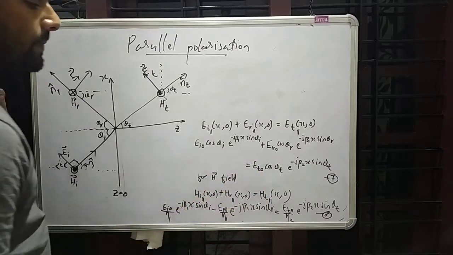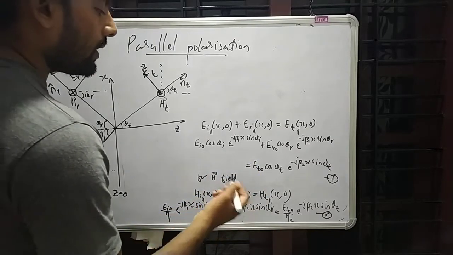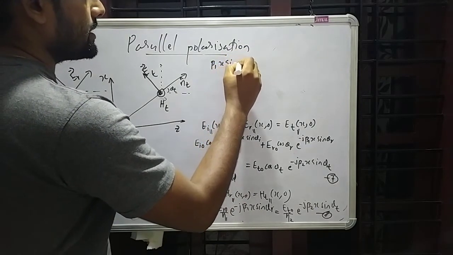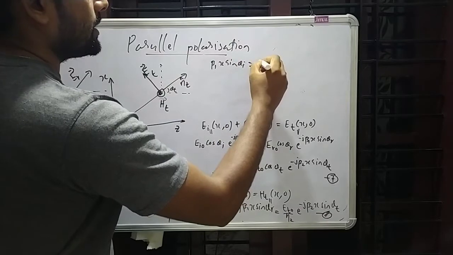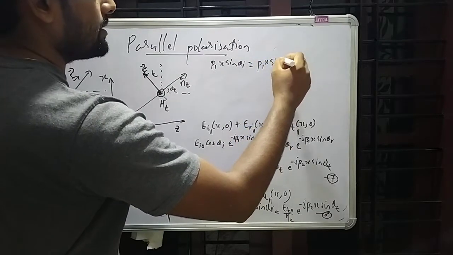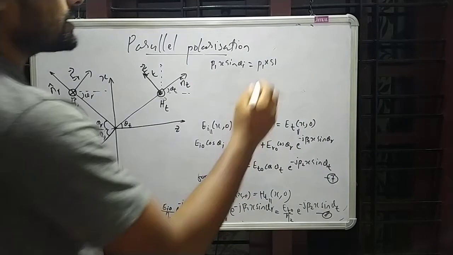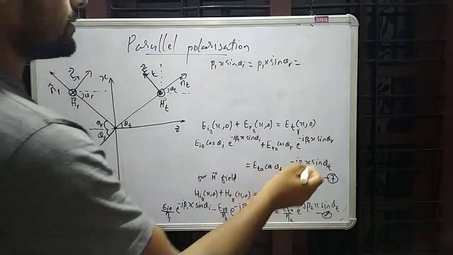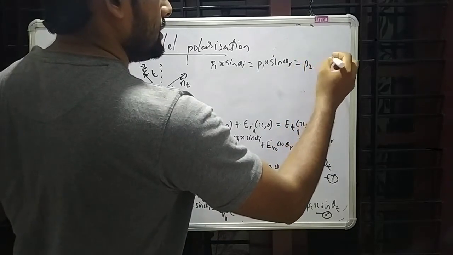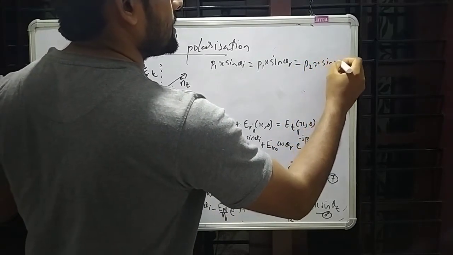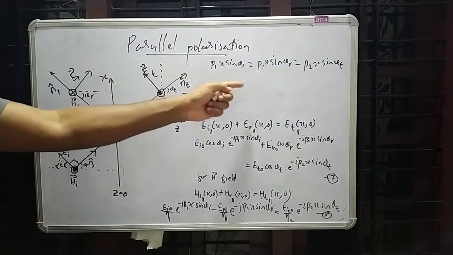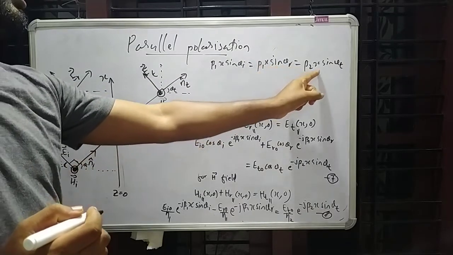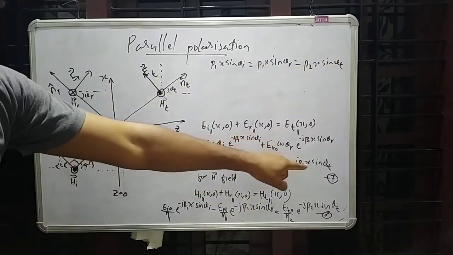These equations are to be satisfied for all x when beta 1 x sin theta I is equal to beta 1 x sin theta r is equal to beta 2 x sin theta t. Okay, so if beta 1 x sin theta I is equal to beta 1 x sin theta r is equal to beta 2 x sin theta t, this equation will lead to